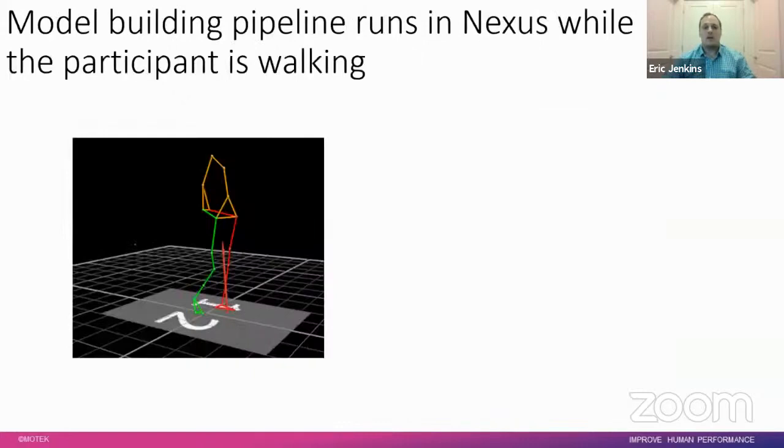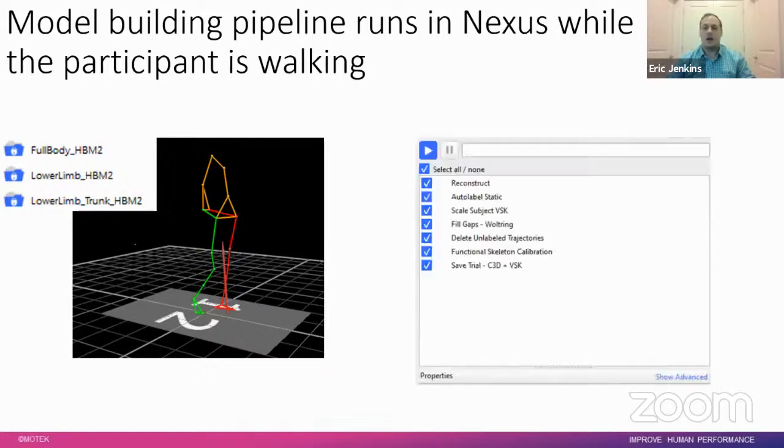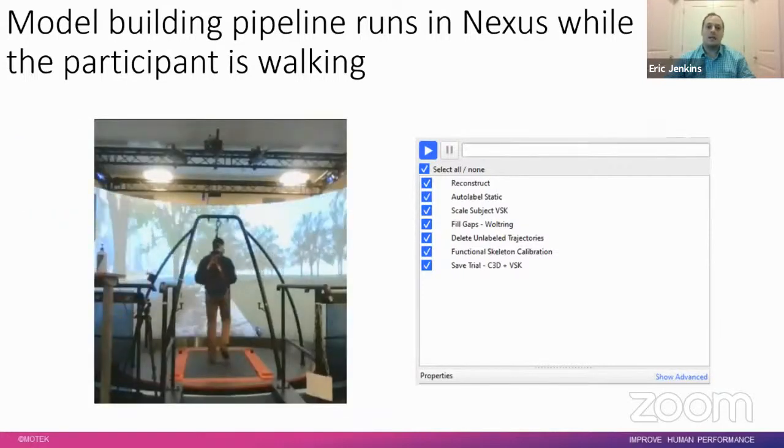What you saw on the screen is typical of the traditional Nexus environment, with the model building pipeline able to run in Nexus while the person is walking on the treadmill. This is our model of the lower body and trunk. We have the pre-built VST files that have all of the HBM data, with all of the segmentation and everything you would traditionally need from the VST already compiled. Then with the simple pipeline here, you are able to run through the entire labeling pipeline